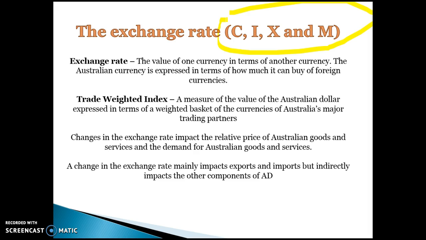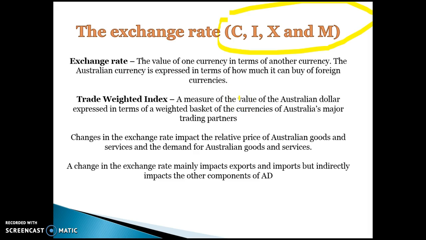In terms of the exchange rate, it's the value of one currency in terms of another currency. So the Australian currency is expressed in terms of how much it can buy of foreign currencies. It can be measured against one particular currency, or there's a thing called the trade-weighted index, which is basically a measure of the value of the Australian dollar